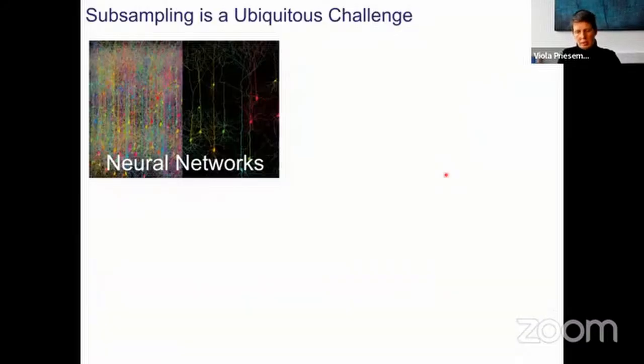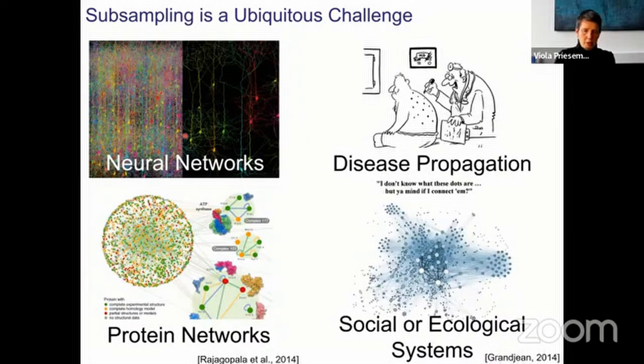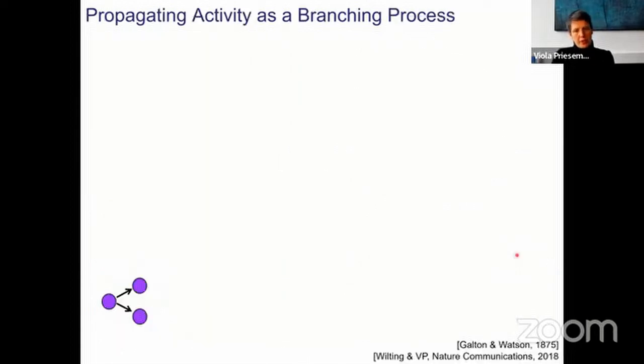It's a topic that addresses not only neural networks, it's also a challenge when we think about disease propagation, where the dark figure might be high. In protein networks, we might not know all interactions. In social, economical, ecological systems, a lot of links are missing. In many of these systems, we observe something like spreading dynamics. And I would now explain them with the example of COVID, because that is really the easiest.